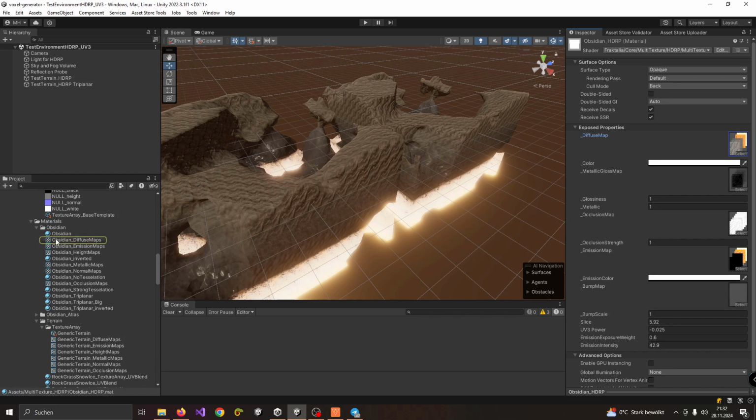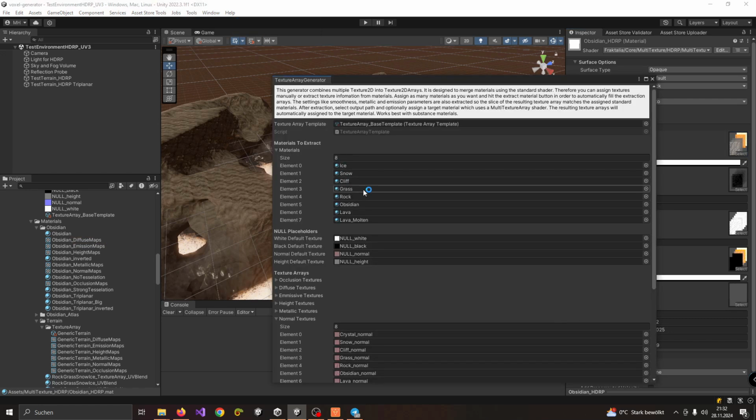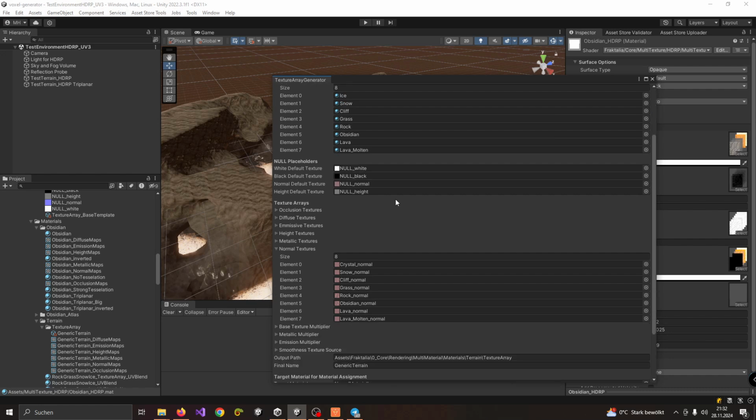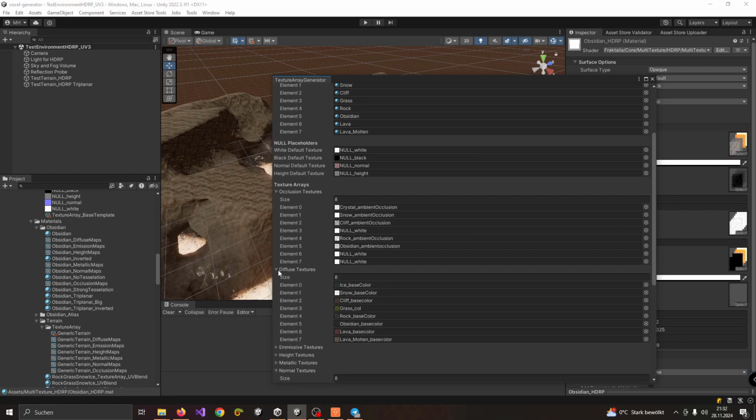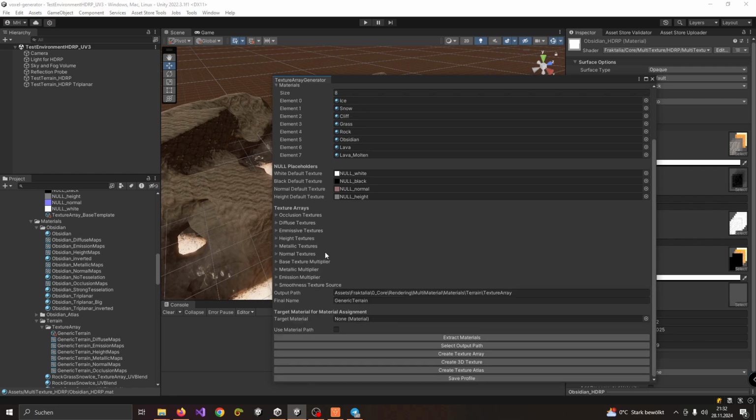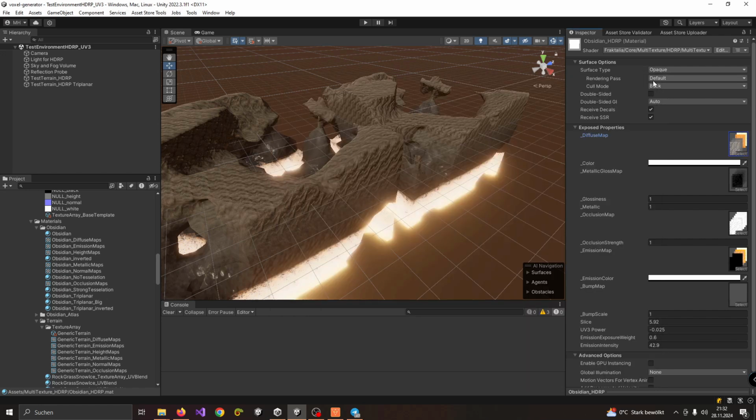Here we have one of those texture arrays, and in order to create them you have to go to tools, and you have here the texture array creator, and you can assign the individual materials. If it's the standard material, it automatically extracts a material, and you can see all the textures which are defined here, and then you click create texture array after you select the output path where it should be saved, and then it creates the texture array. So this is not that flexible as when you use textures 2D, but